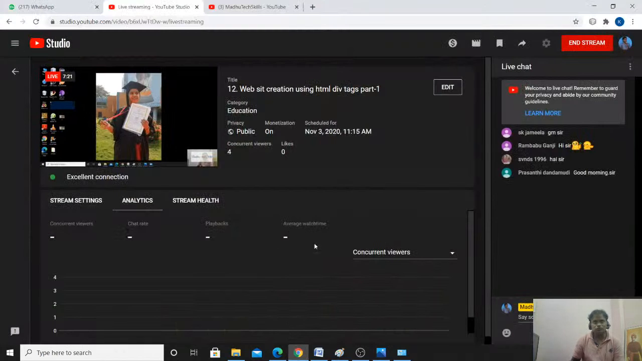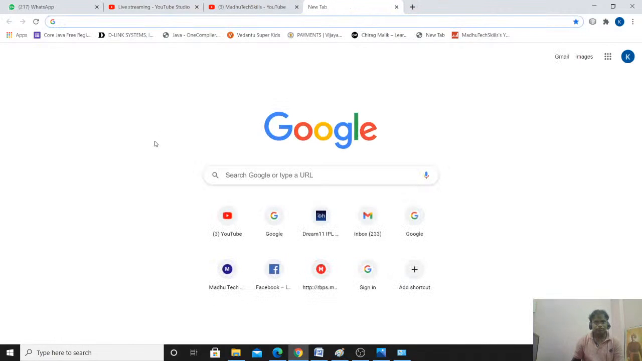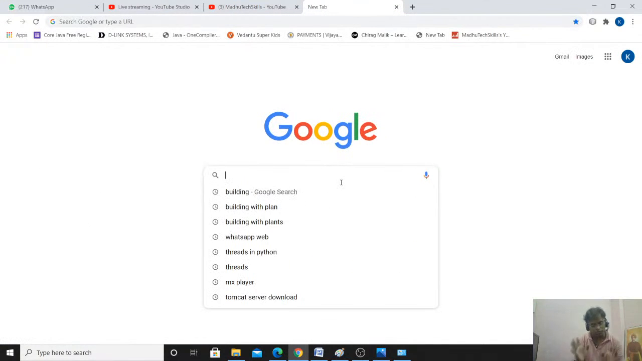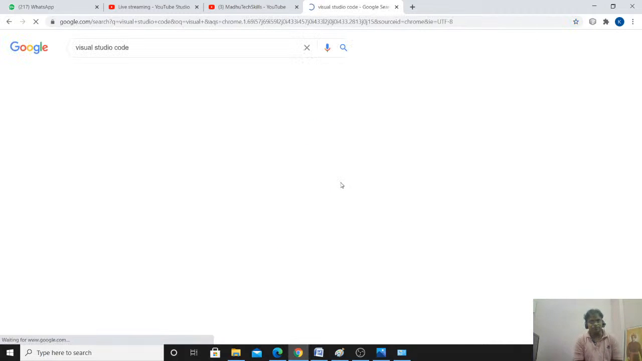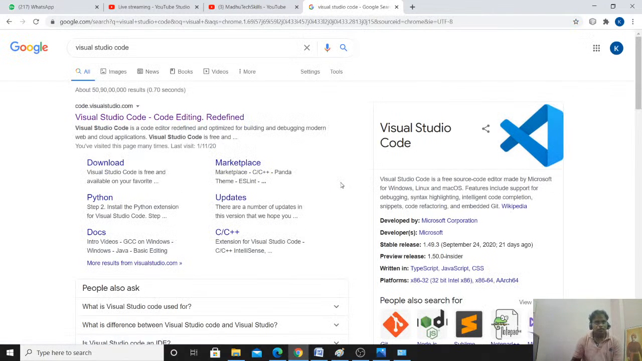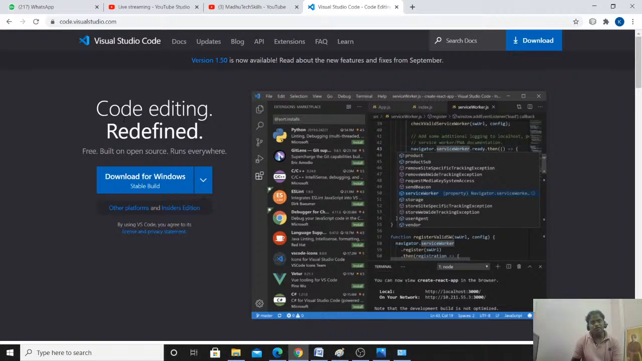Open the browser, just browser, Google search engine, www.google.com. Here search for Visual Studio Code downloads or Visual Studio Code. Just type Visual Studio Code and press enter. See the first link we have got, code.visualstudio.com. Okay, click on the Visual Studio Code, editing redefined link, click it, and here you can see the download for